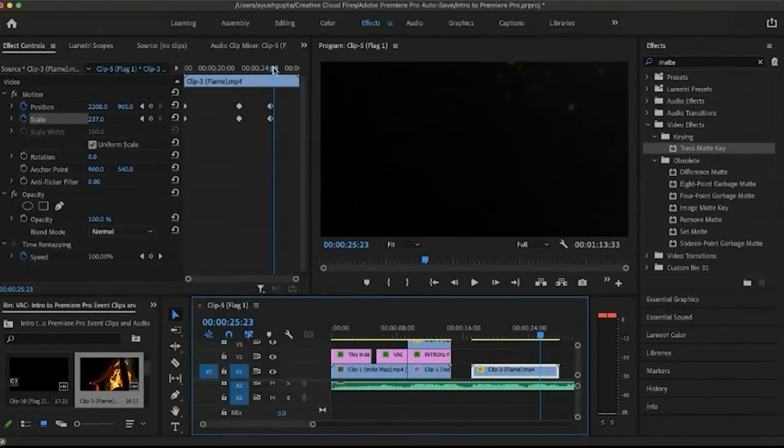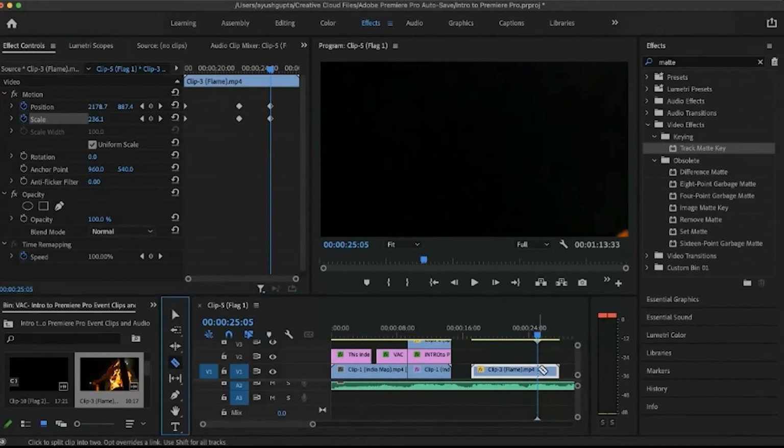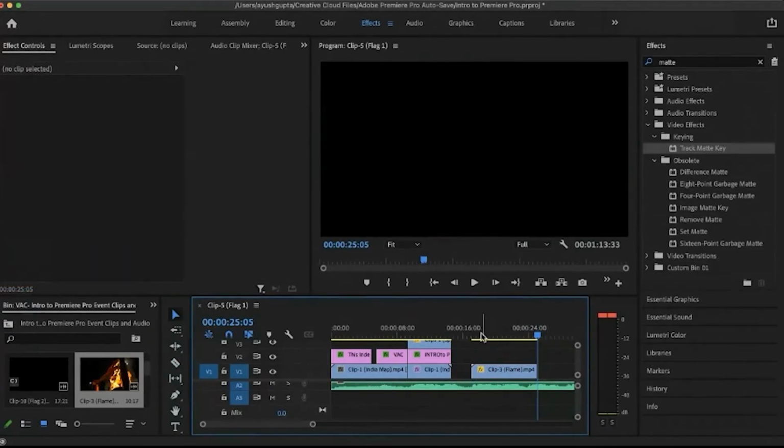Yeah. So you can see now as the screen is black, we are ready for a transition. Transition to the next clip. So here is the time frame. We don't need the clip after that. So we take the razor tool, cut the clip here and delete the part after that. Click on delete button and yeah, it's done.